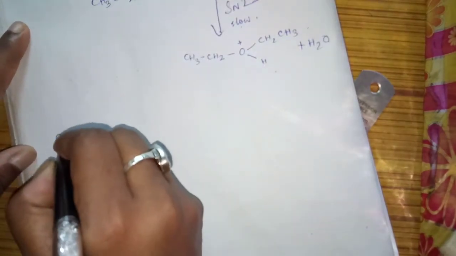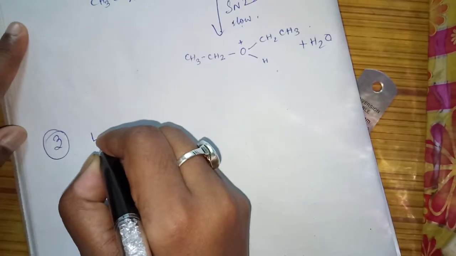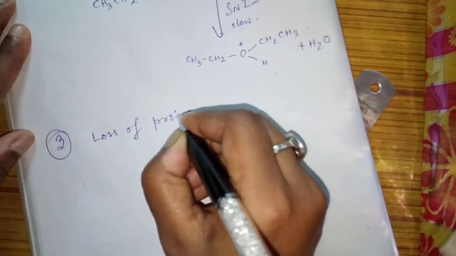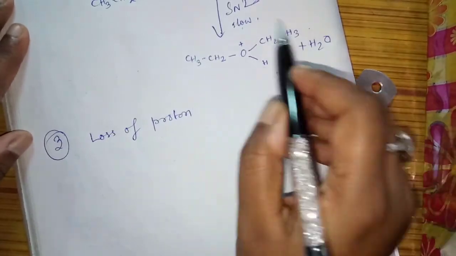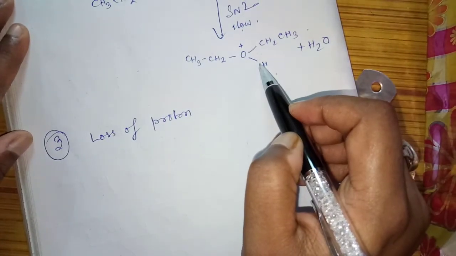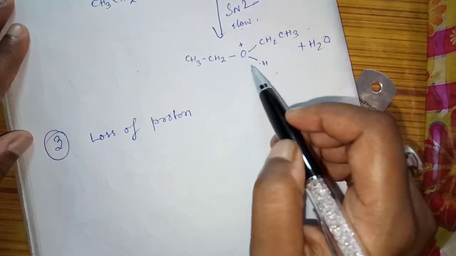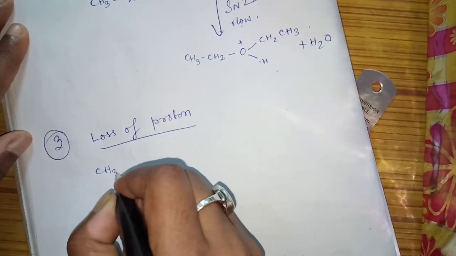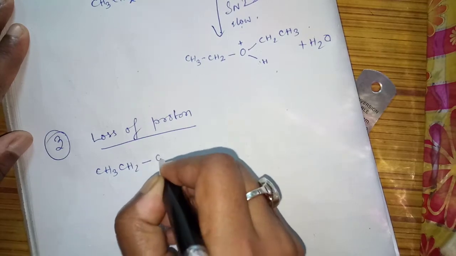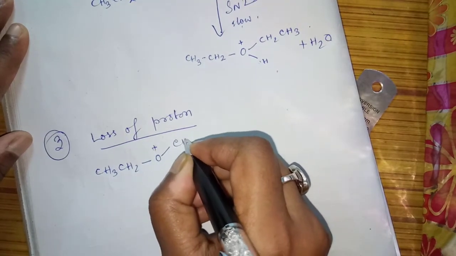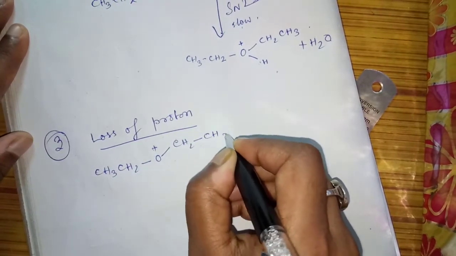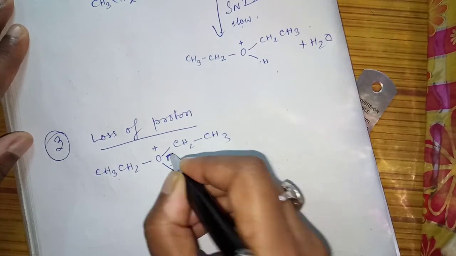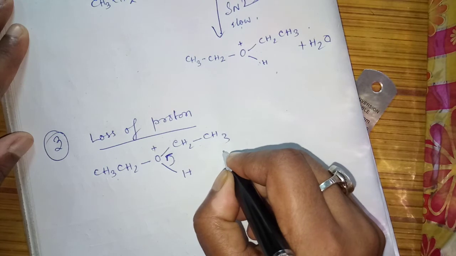Next step, that is third step, very important step, that is loss of proton. Loss of proton from which? This compound, okay? This cation. So what will be this one? See, I am writing it first. CH3CH2O plus CH2CH3 and H. So first of all, it will lose its proton, and